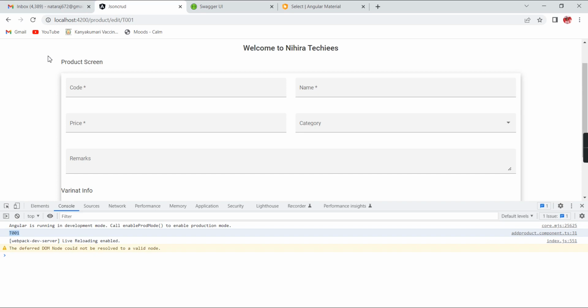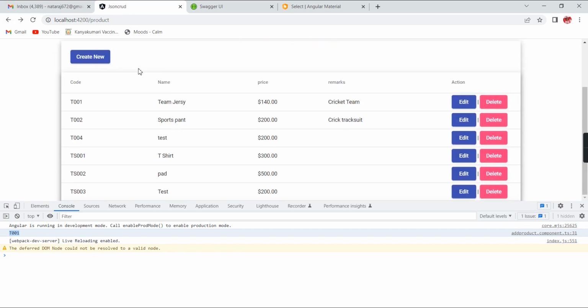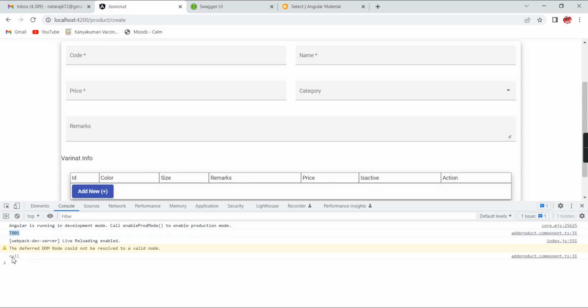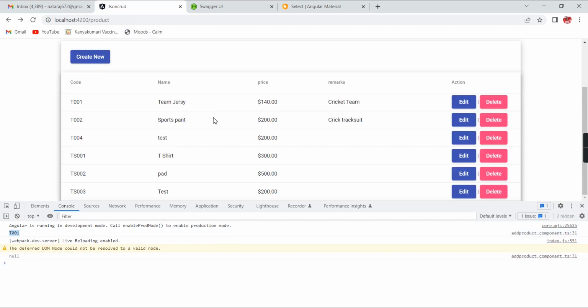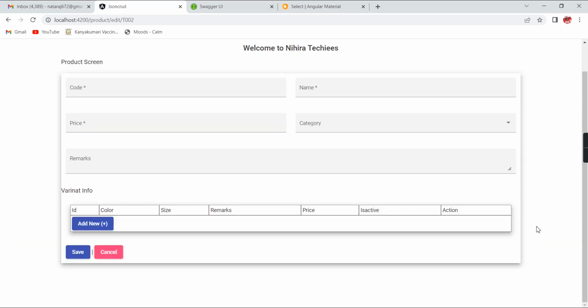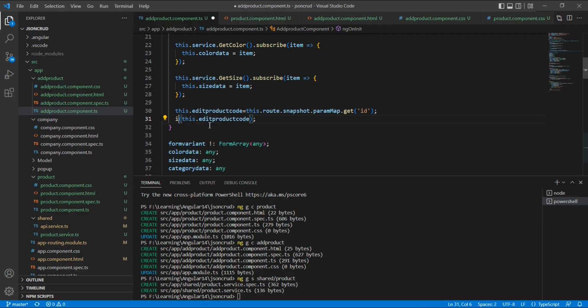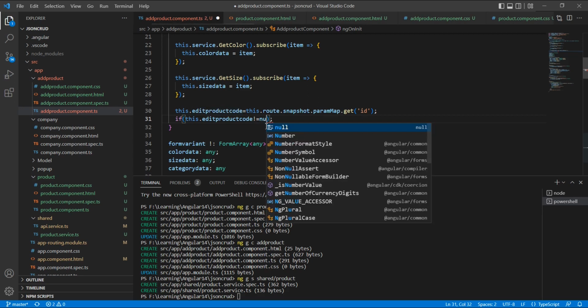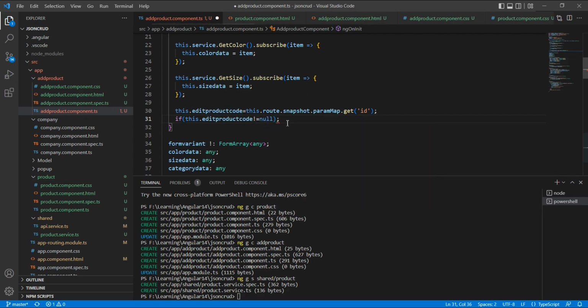See now I am getting this product code T001. Currently I'm in the listing page. If I go to the create new page, I'm getting this null value. If I'm editing, I'm able to get this T001. That means exactly we are getting our product code. Okay, so then here I'm going to check one more condition. If this product code is not equal to null, let me consume the services,